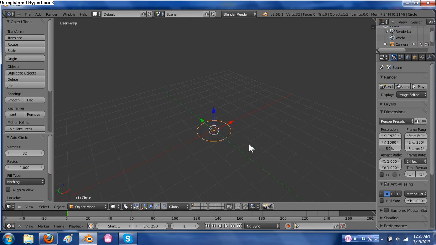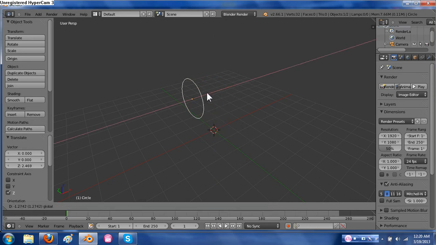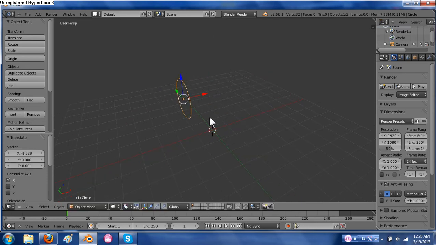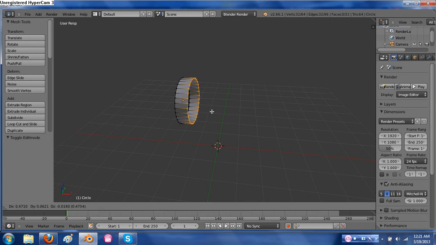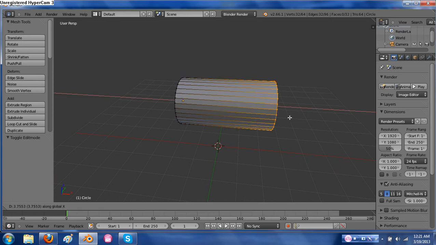And so what I'm going to do is make a circle, rotate it along the Y 90 degrees, bring it up a little bit, over a little bit, go into tab. No, I'll stay in perspective. I want to learn to get used to being in perspective. Okay, so here I have a circle, and let's say you were making an arm, and I extrude it along the X,